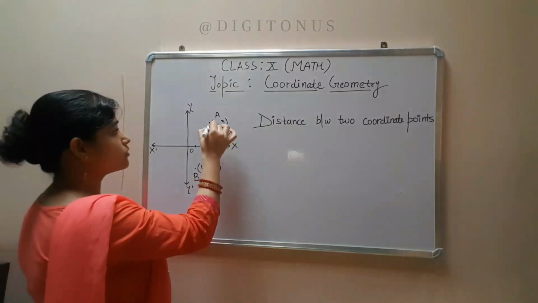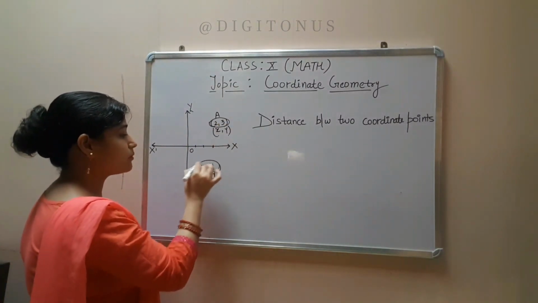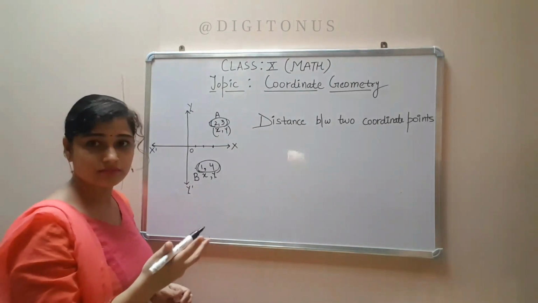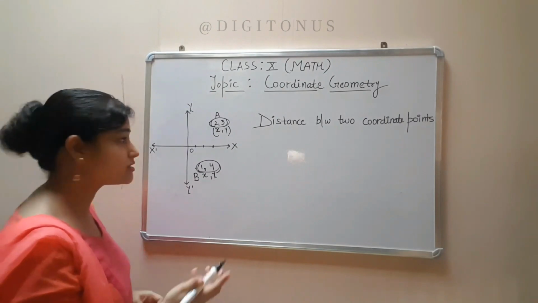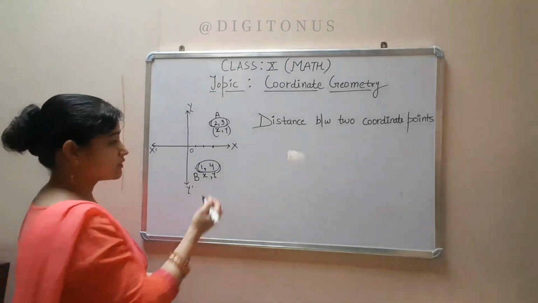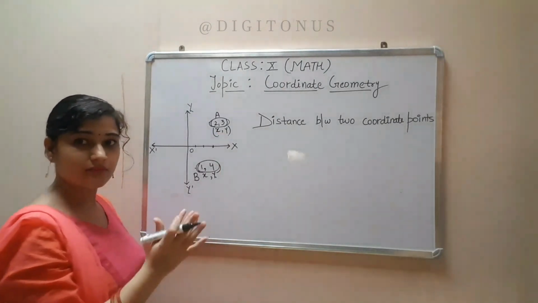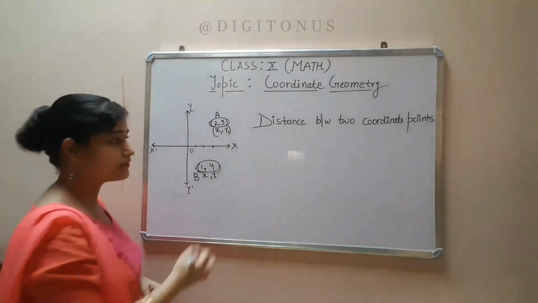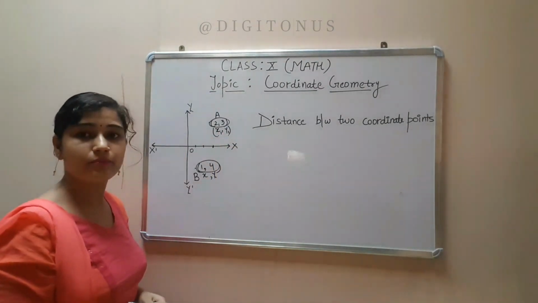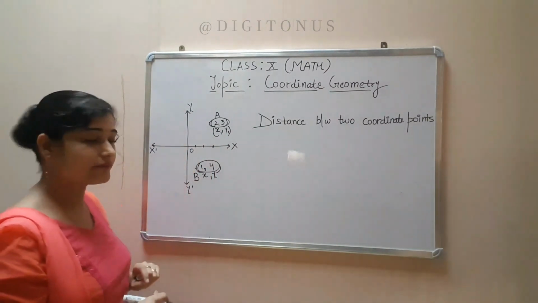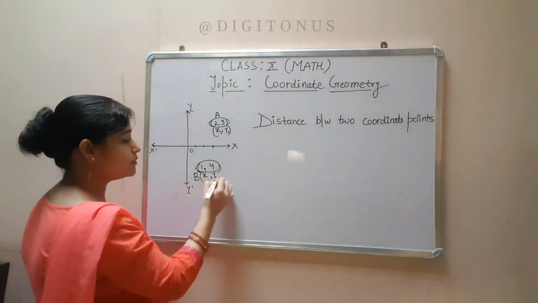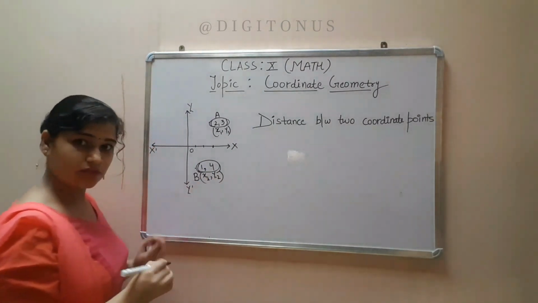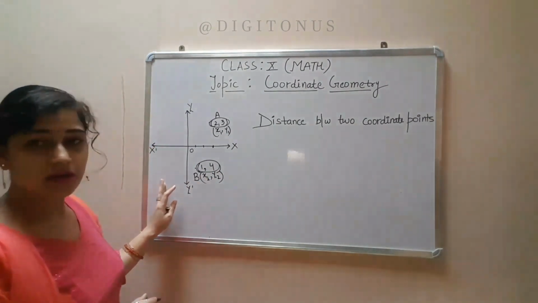So suppose we don't know the values of both coordinate points, can we write xy for both? No. We have to give some specific names. To show this separately, we will write x1 y1 as the name of this coordinate point A, and the name of this coordinate point B we will show as x2 y2. Clear? So this you already know.